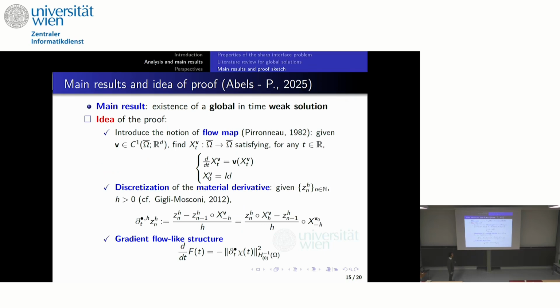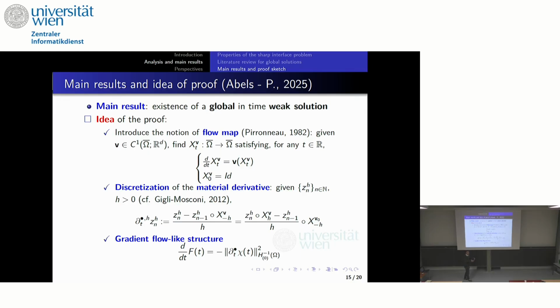What we did is somehow use the idea of this minimizing movement scheme, but applied with a time discretization of the total material derivative. This was already introduced even by Pironneau in 1986, I think, and then it was used again to try to give a variational approach to the Navier-Stokes equation by Gigli and Mosconi. But here, as far as I know, for these geometric flows it is the first time it has been used. And the idea here is that we want to discretize this total material derivative introducing a flow